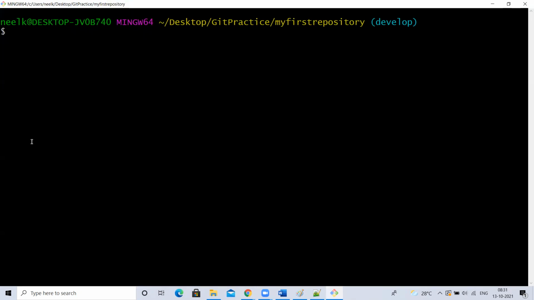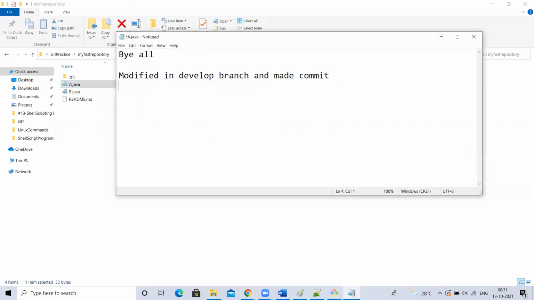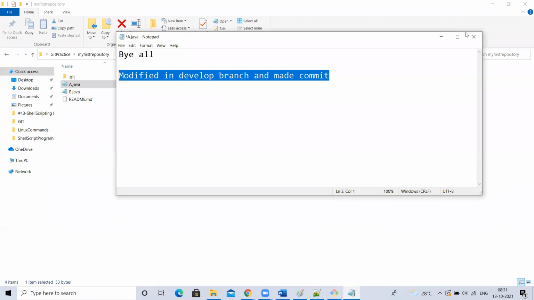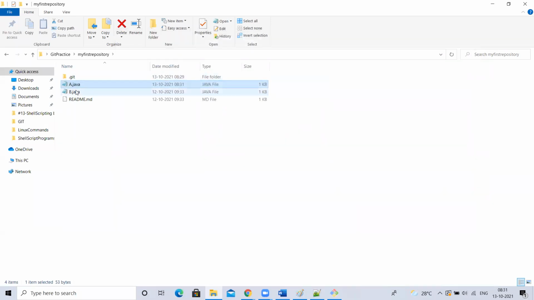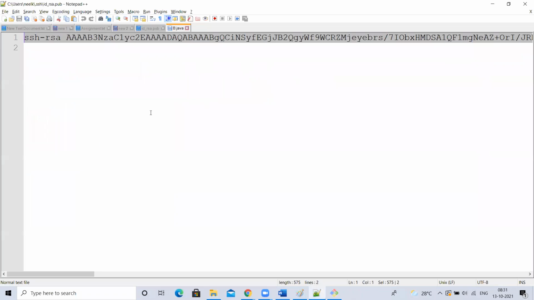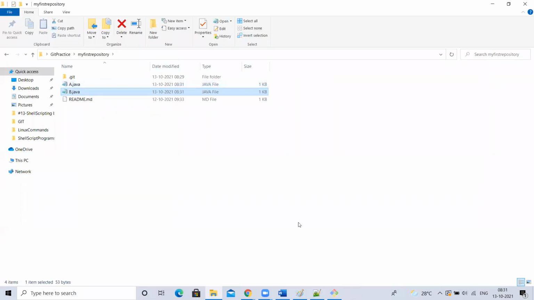Okay. Now, I'm going to modify this. Let me take the same change and put it in b.java and commit it. I'm adding into b.java as well.